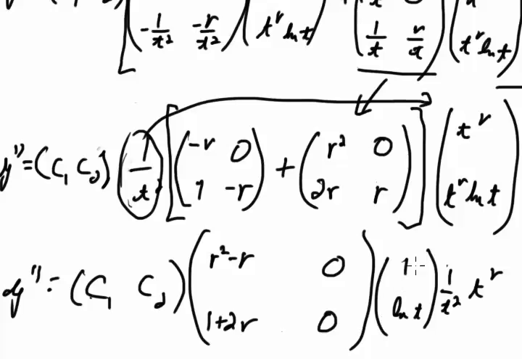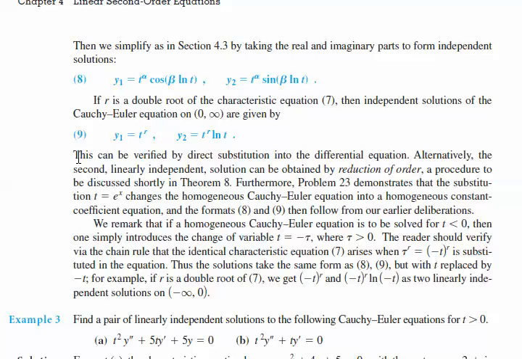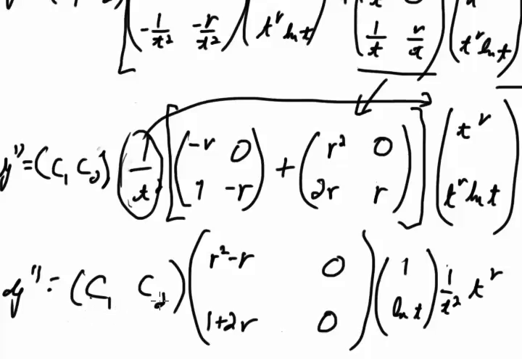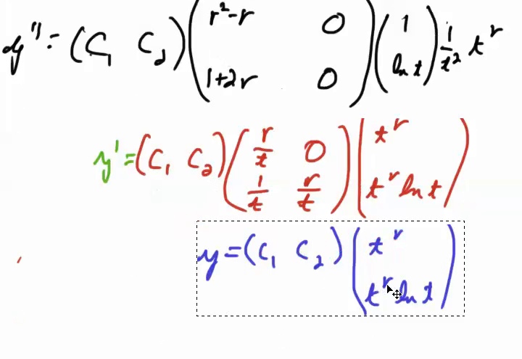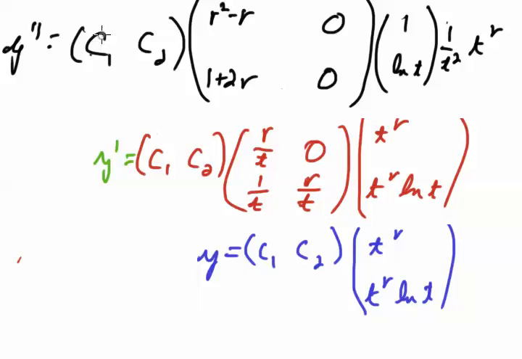Which means when you do this, by the time you've done the second derivative, if I've done this right, the natural log t terms have canceled out completely. So we have essentially verified this by direct substitution into the differential equation. No, we're not entirely done yet. We would need to actually make a linear combination of y double prime, y prime, and y. Let's see, to prevent confusion, let's change these constants to q1, q2, and then we'll need to write